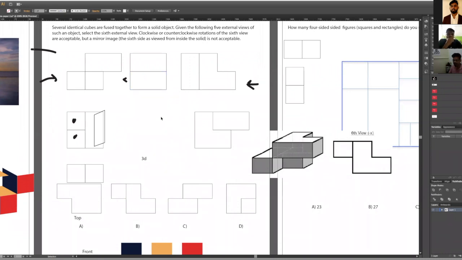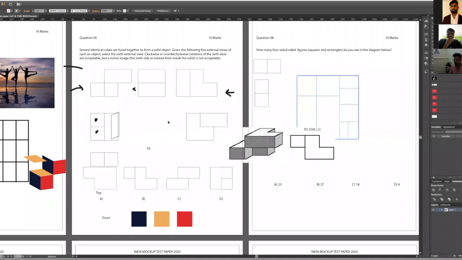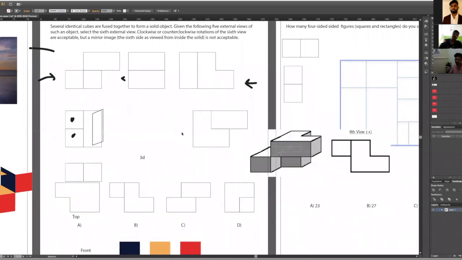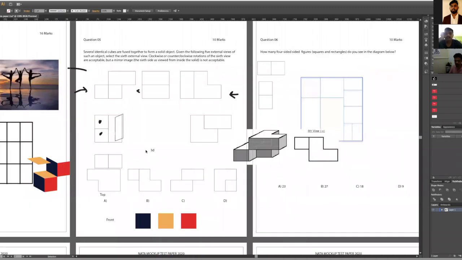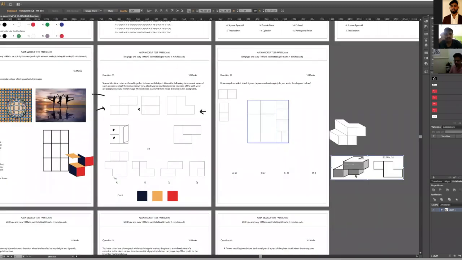Okay, now are you guys able to guess how this structure is coming? See your paper, see what you're drawing, check what the other side of it will be. So I will recreate this again here.